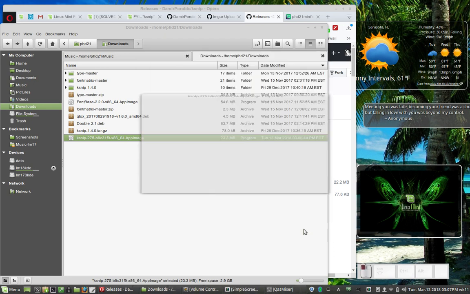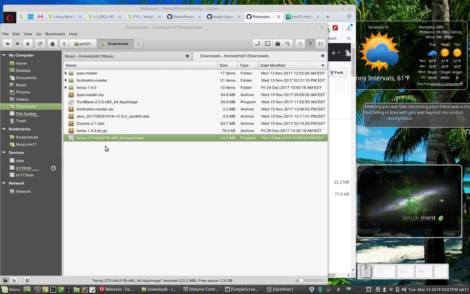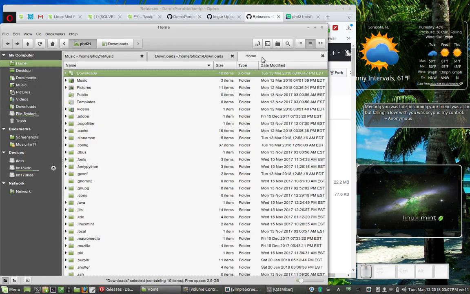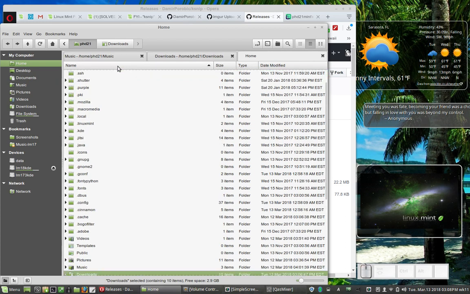And then click Close. I prefer not to leave programs that I'm going to use that are installed in a non-traditional Linux method in the downloads folder, but in a folder underneath my home folder. So if you right-click the home folder and open that in a new tab in your file manager, I have